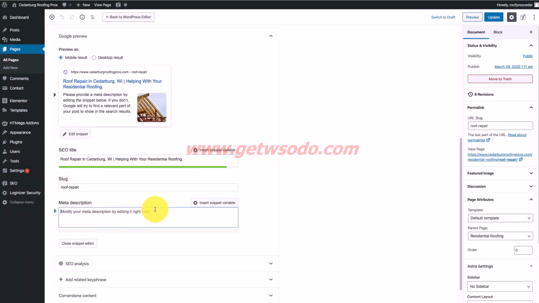And then in the meta description, I like to put the keyword in there as well. So I don't have to do it in the first line like I do in the title necessarily, but I do like to put it in there. Sometimes I'll even put a phone number in here as well, which can help get people to just call you. It all depends if you're trying to get people to come to your site first. Sometimes people will just call straight from the search results. So I'll say,